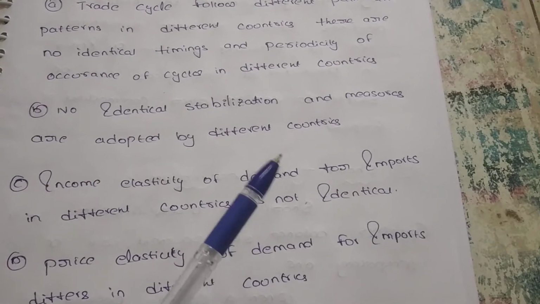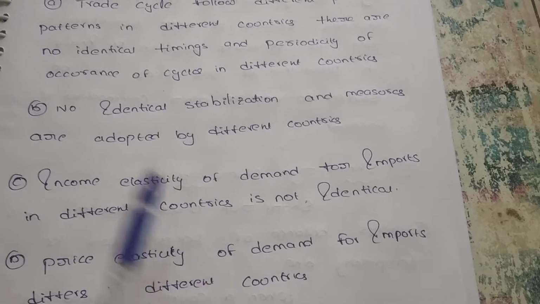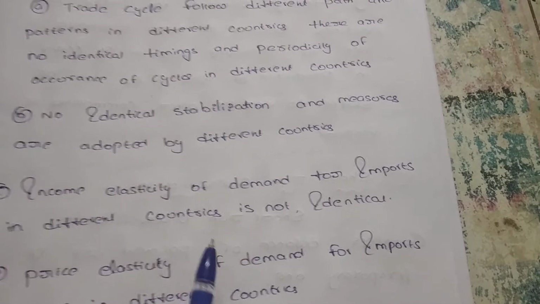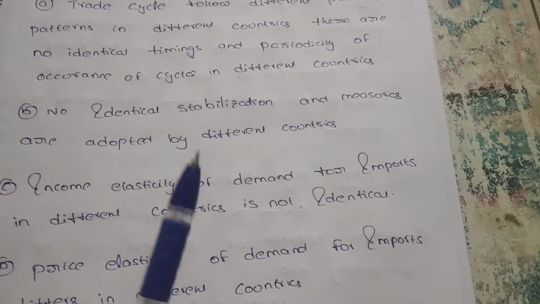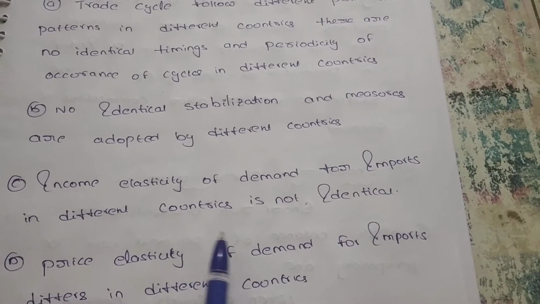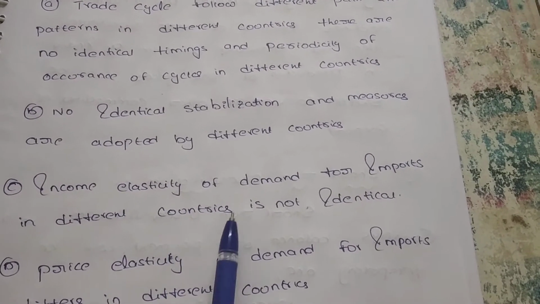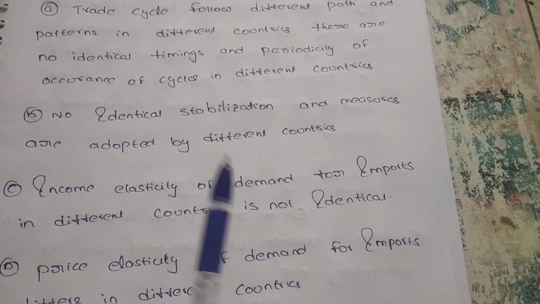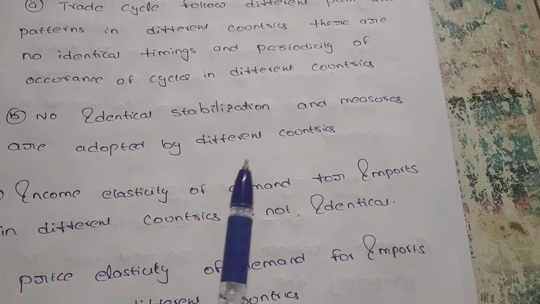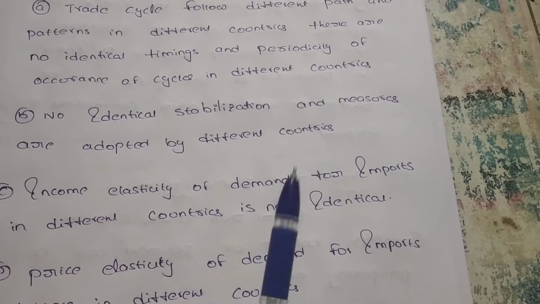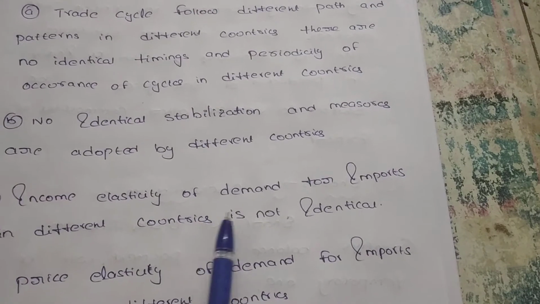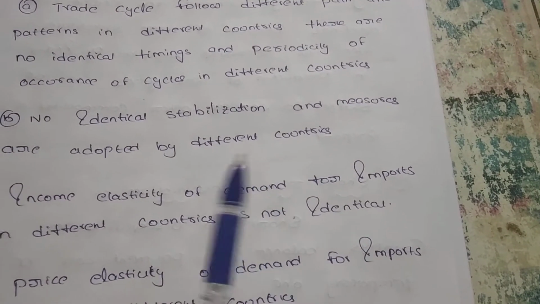We have very good income, so we can import more goods. If there is very little income, we are unable to import goods. So these also affect the changes in disequilibrium in different countries. It is not identical, not the same, because income changes based on person. Income changes come under different aspects, like employment opportunities.